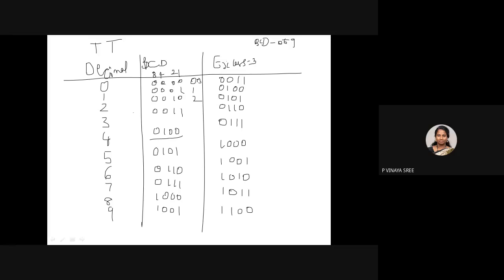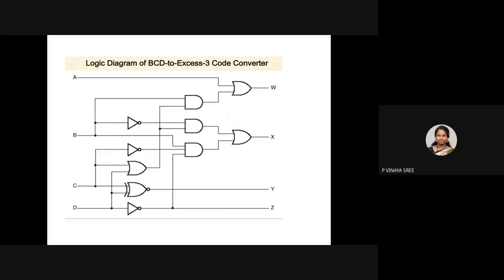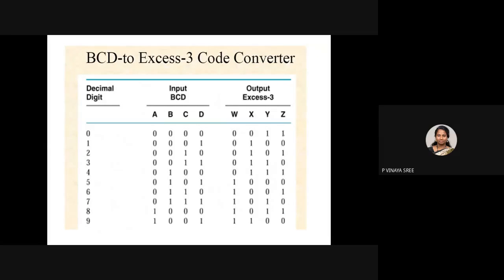So this is your truth table: given a BCD, how to convert to XS3 code. This is 0 to 9, this is your BCD representation, and this is your XS3 representation. Now the next step is finding the expression for W, X, Y, Z using